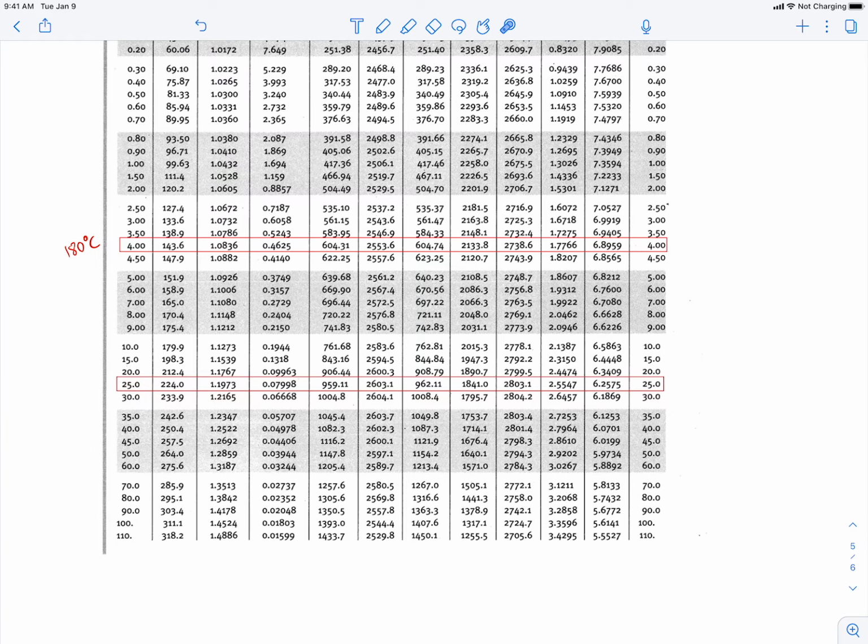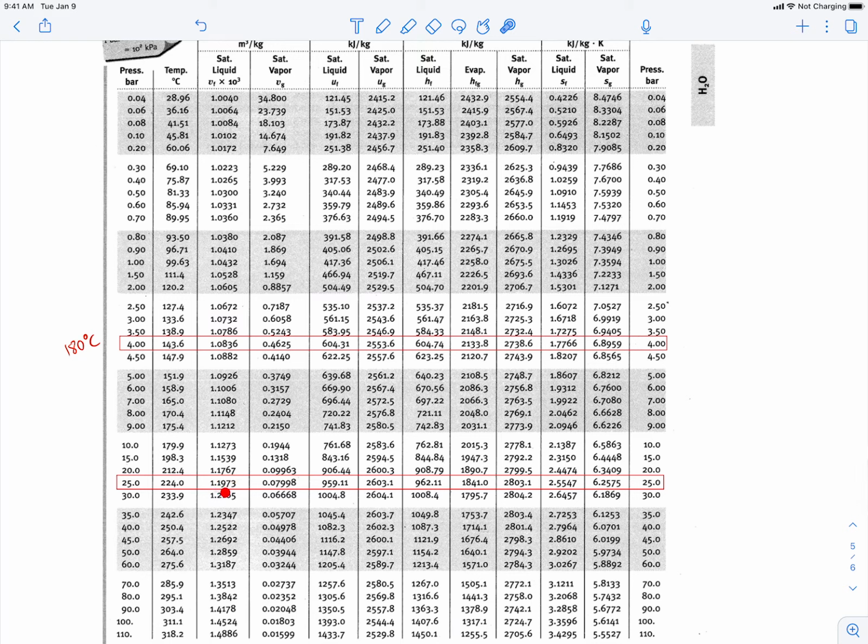So there's 25 bar, saturation temperature is 224 degrees C, and our specific volume for the saturated liquid state would be 1.1973 times 10 to the minus 3. That's that one. And our saturated vapor specific volume is 0.07998. But if I look at that, this is the number that we were given for our specific volume. So in this case, we're actually in the saturated vapor state, or saturated vapor phase. So if we sketch that one out,